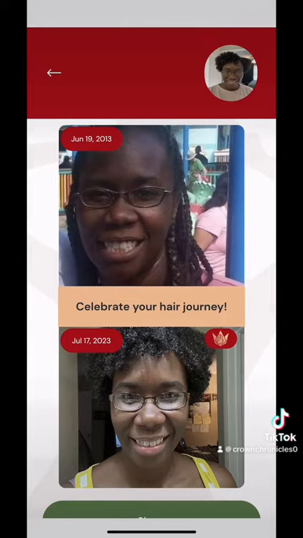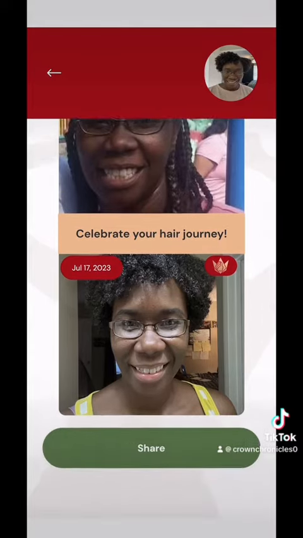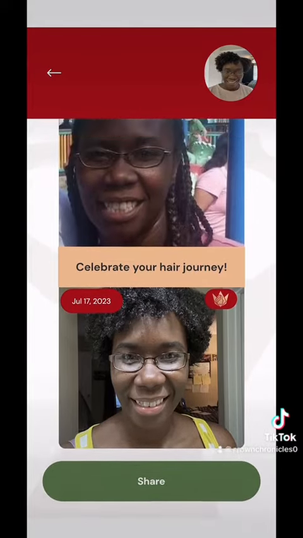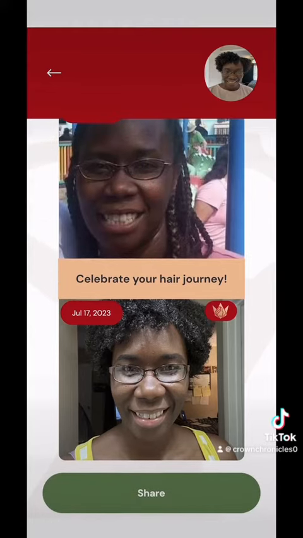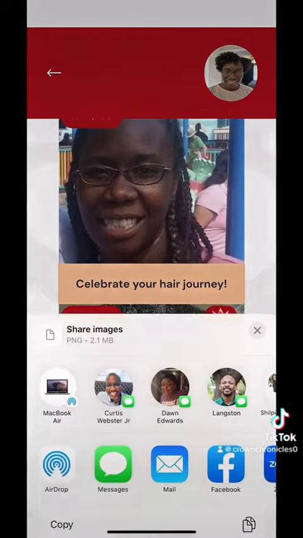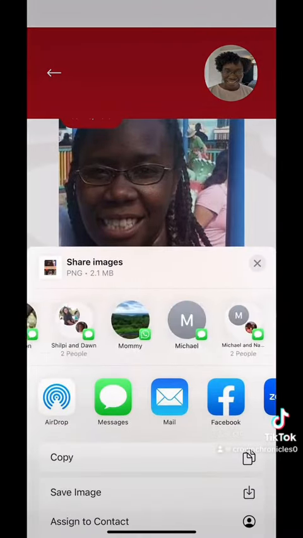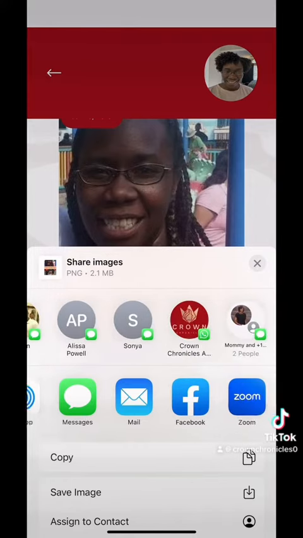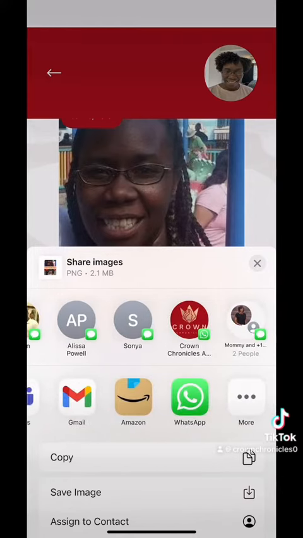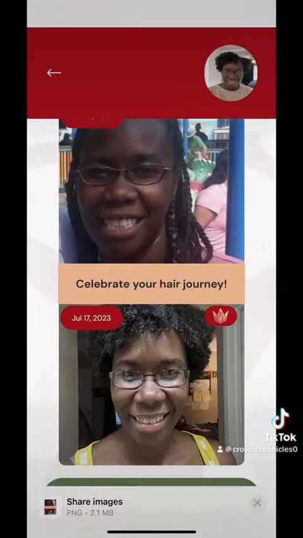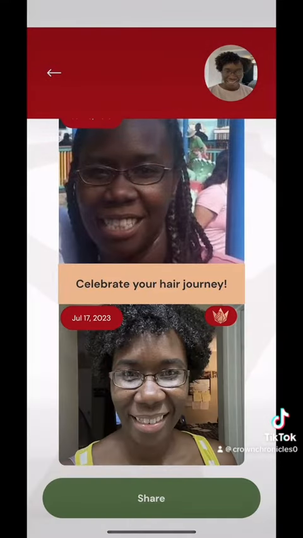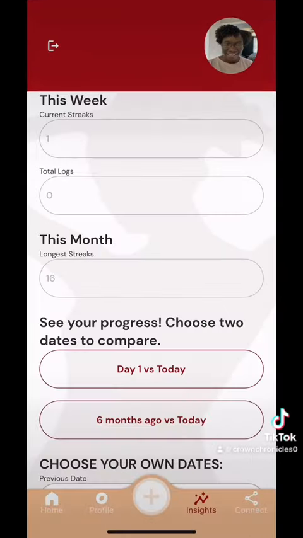And there's my entry. So if I choose to share this entry, I can hit share. It will then open up options I can text to my friends, or I can pick a social media platform. For now, I'm going to go back and I will do a different journal entry so we can compare to